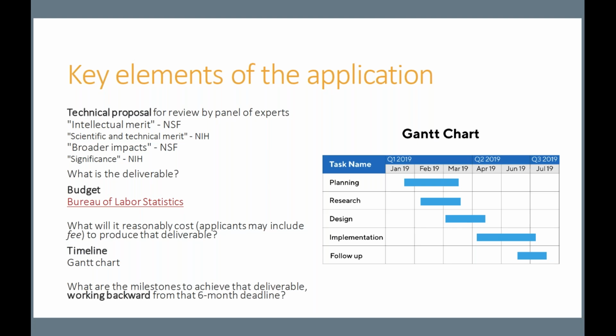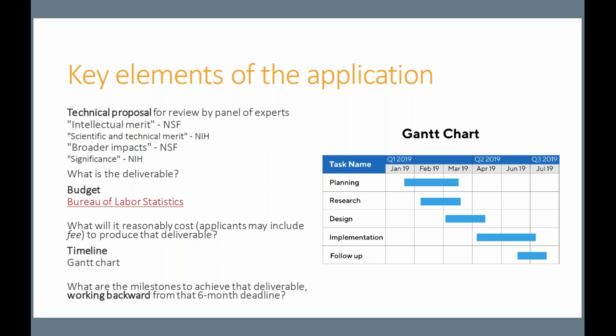So those are kind of the two key sections of that technical proposal. What specifically are you trying to do, that you're trying to address? And then more broadly, why does that matter to society writ large? Those are the two things that you really need to speak to, because that's what the panel will be asked to evaluate your application based on. So you want to work backward from the evaluation criteria.